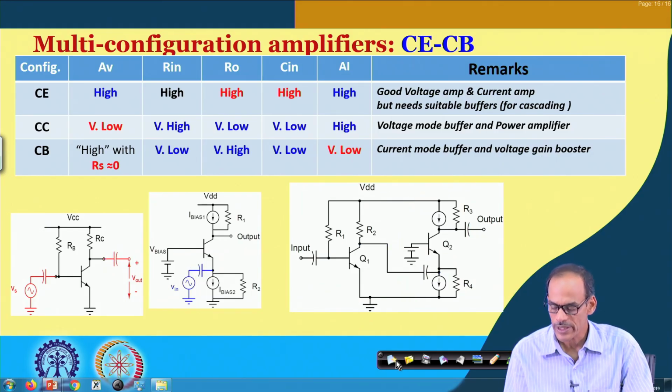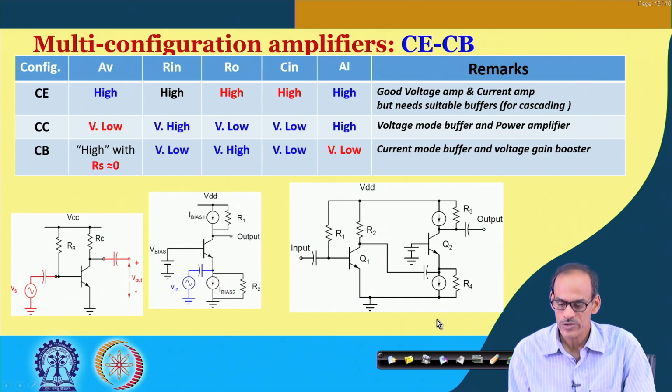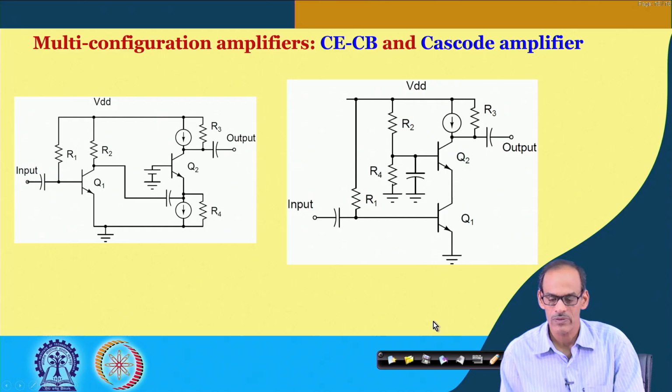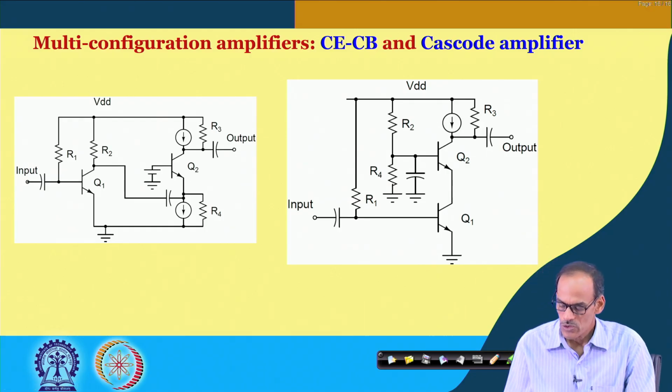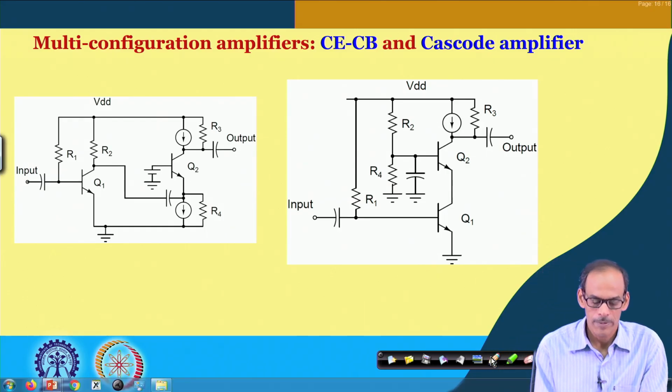So, I should say that the cascode circuit is essentially CE-CB, but a simplified or modified version. So, here we have the CE-CB amplifier,